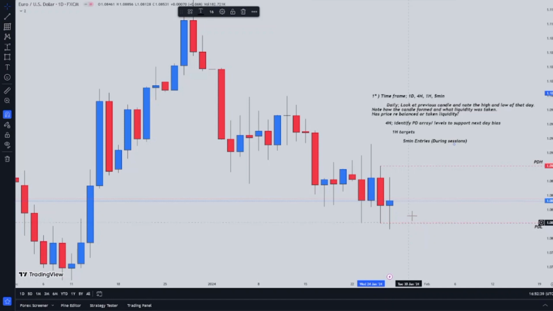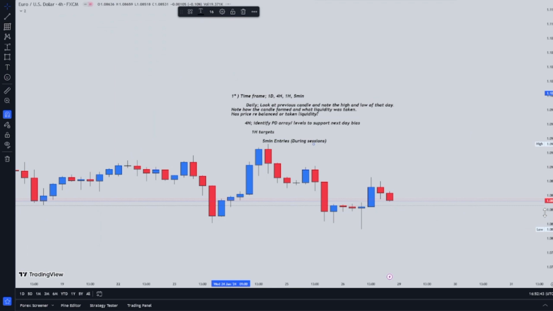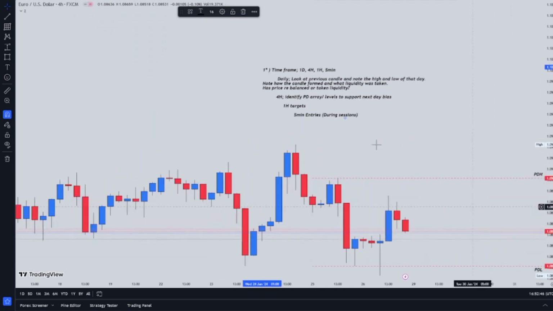The only way that I can validate that analysis is by going now to the 4-hour time frame. When you go to the 4-hour time frame, I need to show you something. From the 4-hour time frame,